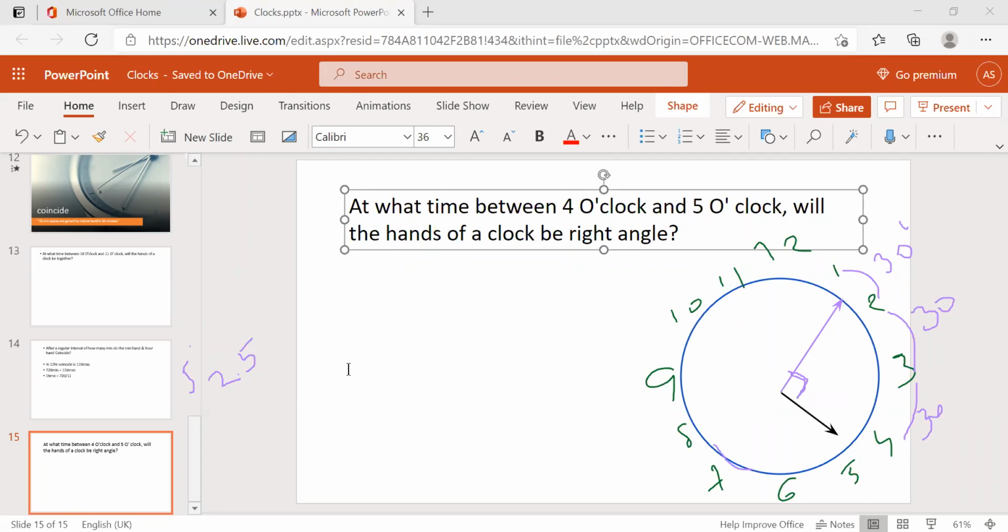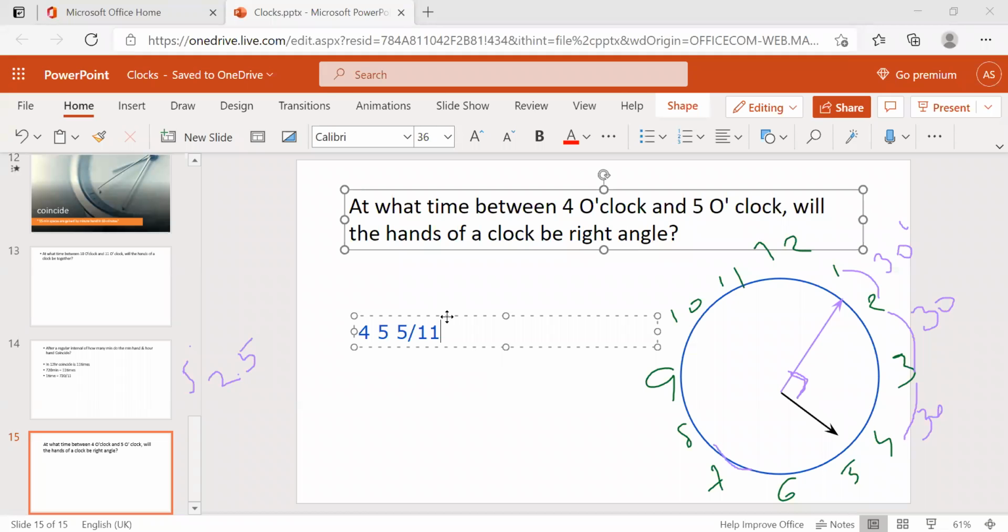So when it will give the one more right angle, at 4 hours, the minute hand lies between 1 and 2, right? So 1 and 2, which one is small? 1 is small. 1 represents 5 by 11. Okay, do you understand now? So every hour in a clock, we get a right angle 2 times in an hour.